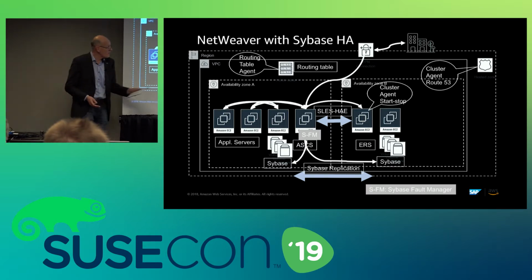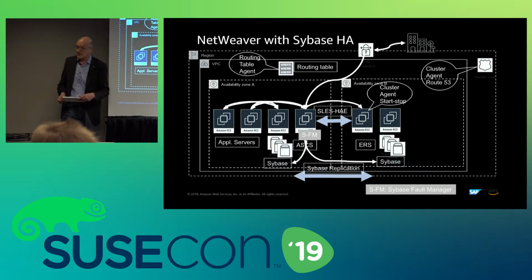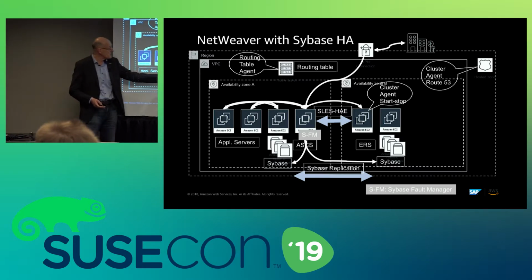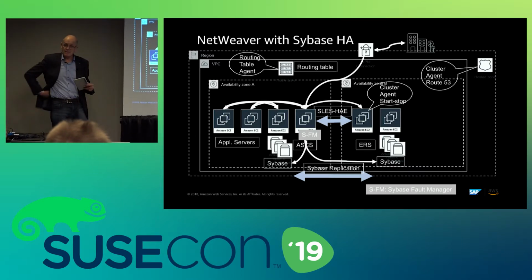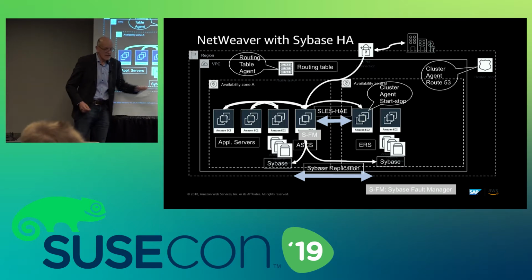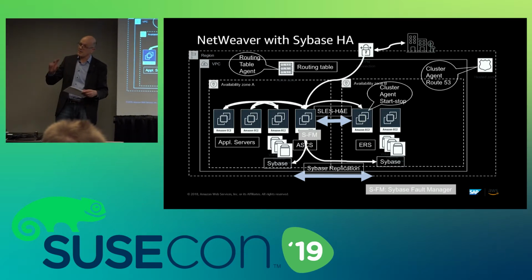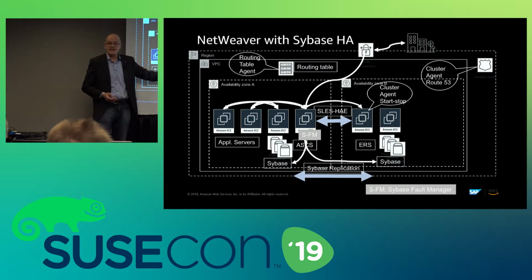Works out nicely with our availability zone concept, and this entire configuration is getting managed by a fault manager. The Sybase Fault Manager is doing pretty much the same job as SLES HAE. It knows which database is the active one. It knows what the replication status is. It reconfigures everything. The pity is the Sybase guys invented this Fault Manager for DR configurations. And it turned out this Fault Manager itself is not redundant.